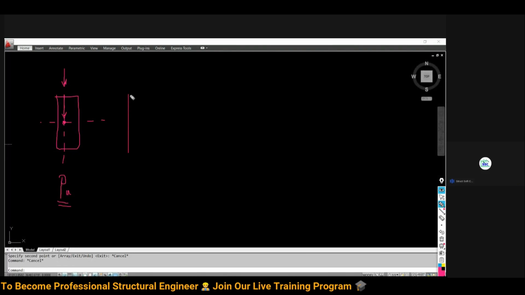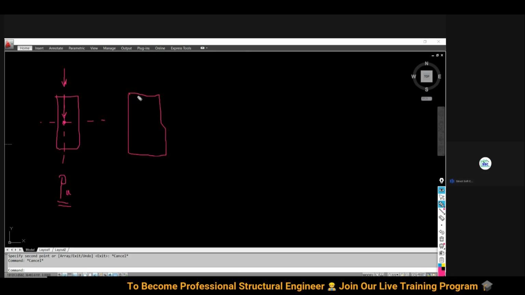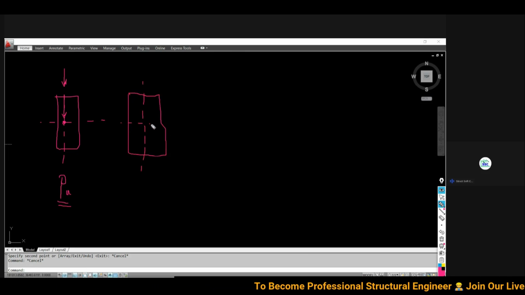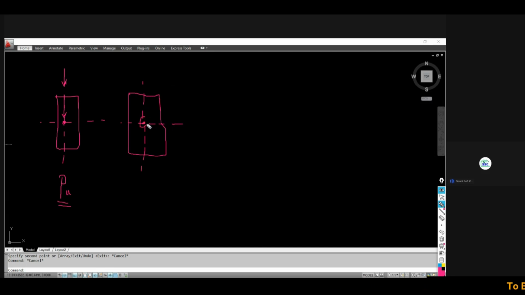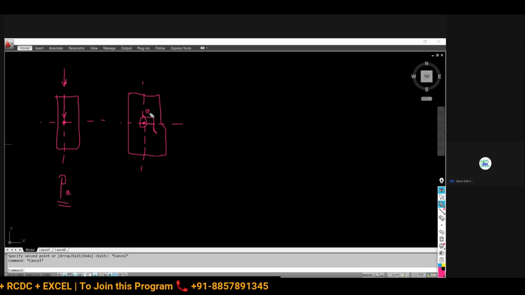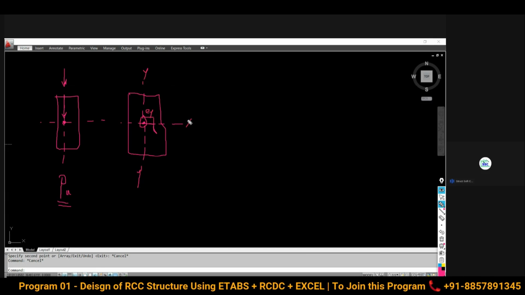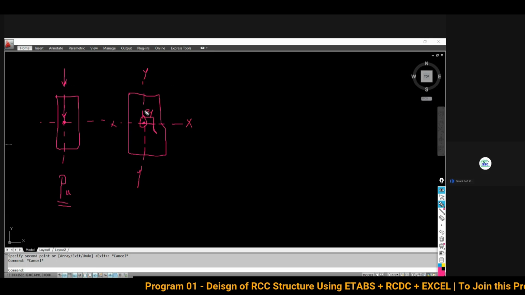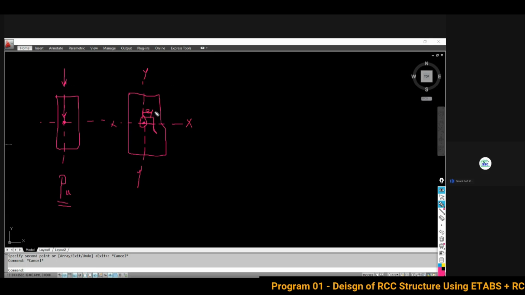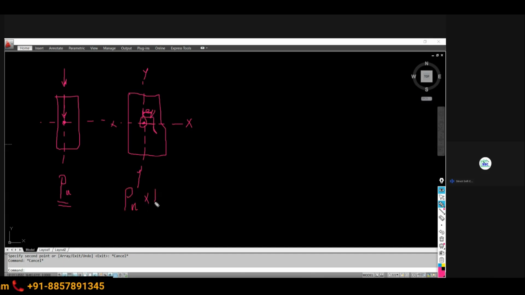Now consider another column, with whatever section size, having a major axis and minor axis, and instead of the axial load acting exactly at the center or CG point of the column, it acts at a distance of EY. At a distance of what? EY, because it is the Y axis I am going to consider. This I am going to say XX. So about Y it is at a distance of EY. It is at a distance of what? EY. So PU, the ultimate load, multiplied by EY.